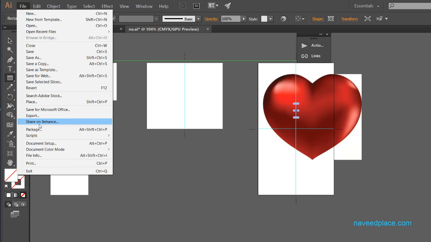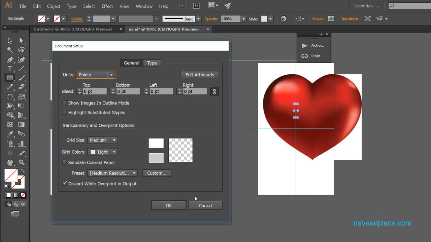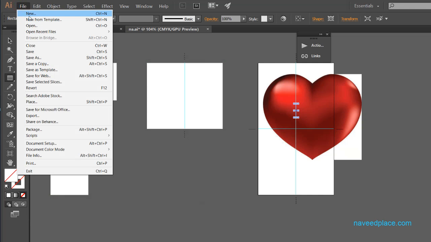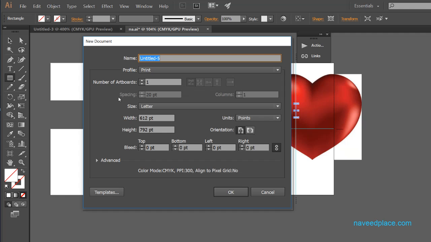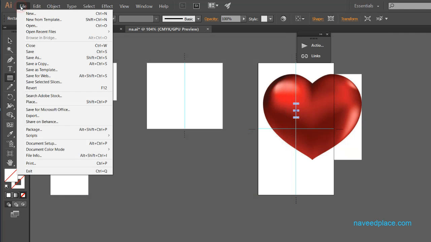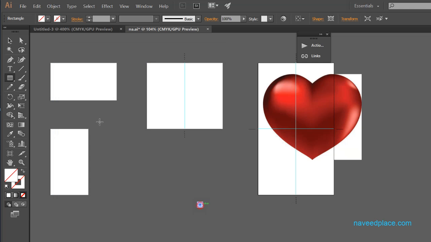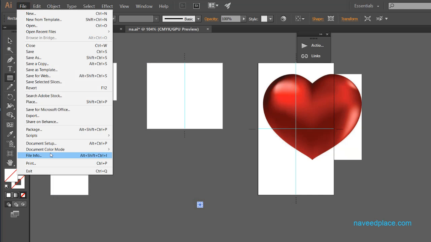We can also change the document setup. For example, when we go in File and click on New, it asks us some questions. And let's suppose after creating the document, if you want to change something in your document, you can do it in Document Setup. You can also change the color mode. Here we have two color modes.